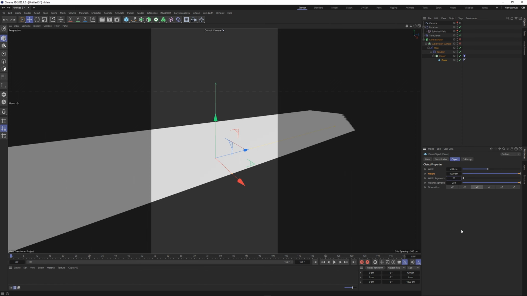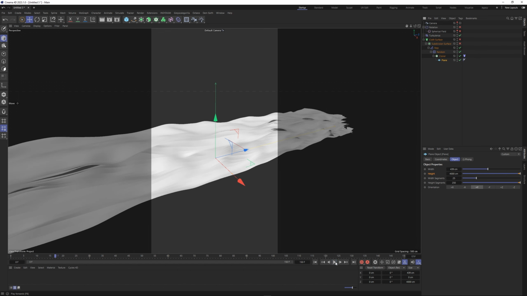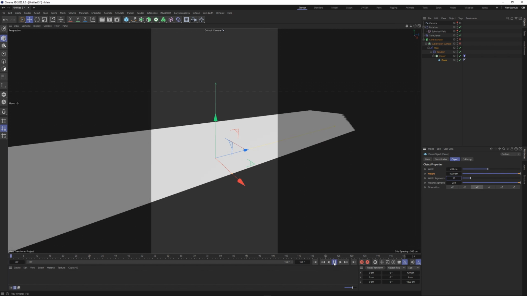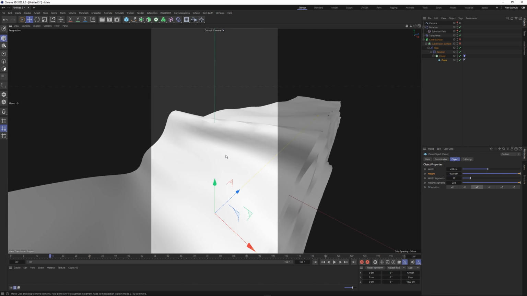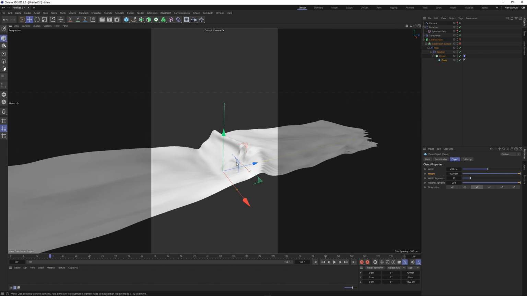If we were to give it some width segments, let's just have a look at that with the turbulence, and you're going to see that it's a little bit more spread out in the way that it deforms. It is going to go a lot slower, unfortunately, which is a massive downside of it. So let's even that out with something like 15, because we only had like 3. And now if we play through that, you get a little bit more deformation on the sides, which is how I created that first blue one,